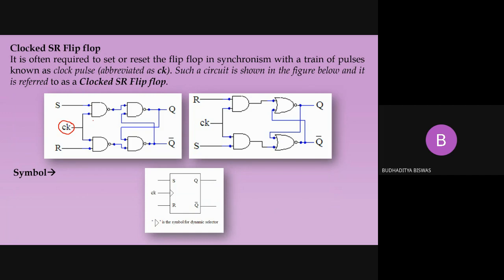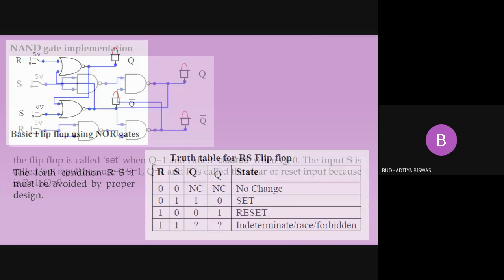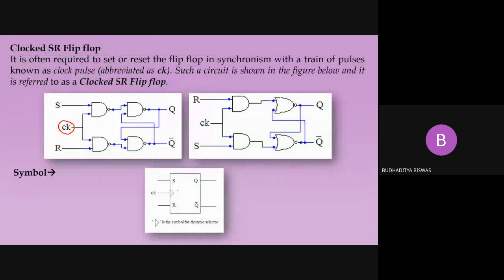The main difference between the latch and the flip-flop is that both function the same way. Both are working on this truth table. But the RS latch doesn't need the clock pulse, and the RS flip-flop needs the clock pulse. In the next class, we will discuss what the clock pulse is, why the clock pulse is required, and why the clock pulse is given to every sequential logic circuit. Got it?